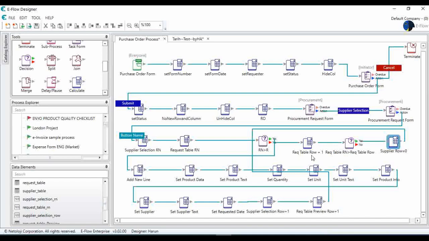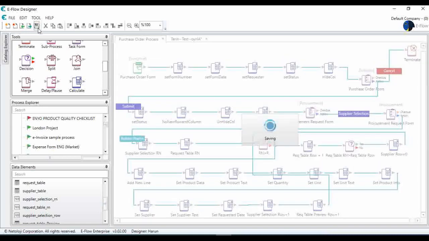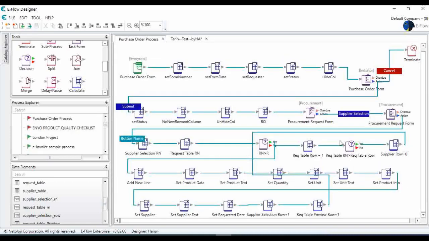So this loop will continue until the requested products is equal to requested rows. So I save my process. The two loops have been prepared, but it's not ready yet. We shall proceed